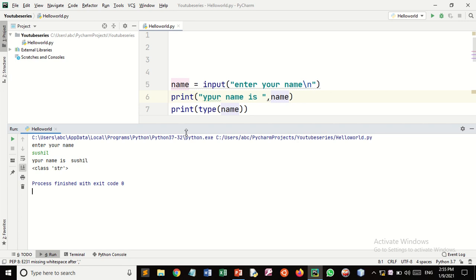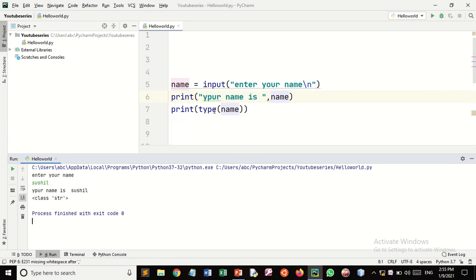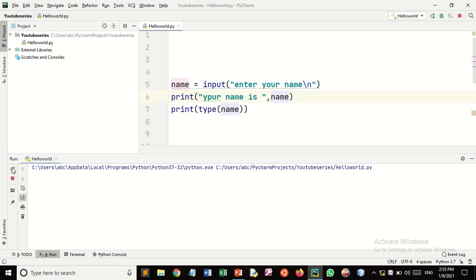So let's see, what if I write some integer value in place of a string, in place of my name? Okay, so let's check it out. Here I'm writing some integer. So you can see the integer value 23, but the data type is string. So in this way you can say that by default it takes a string data type, but I have written an integer value here, so the data type must be integer. So we'll convert the string to integer.